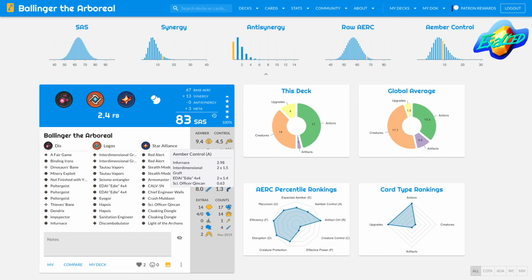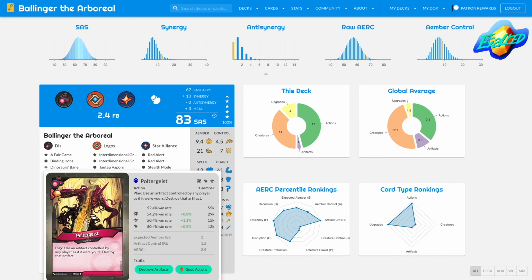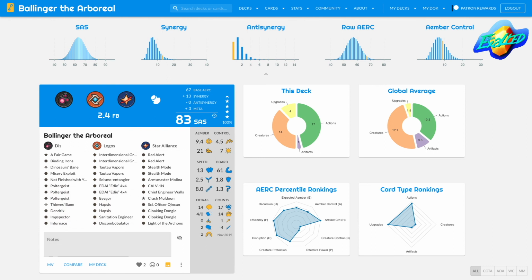Yeah. The Poltergeists are obviously an issue if I've got anything super artifact reliant like Glottis can be. And I think it does play a very similar game to Glottis without the stone, but I think it's possibly slightly better at it. It has Red Alerts, it has Stealth Modes, it has Queen Can, it's got 2 Edis. It's got this instead of Shadows, but I think they both try and do a very similar thing. It is a very disruptive deck, I think, isn't it? It is. It's one of those decks that...